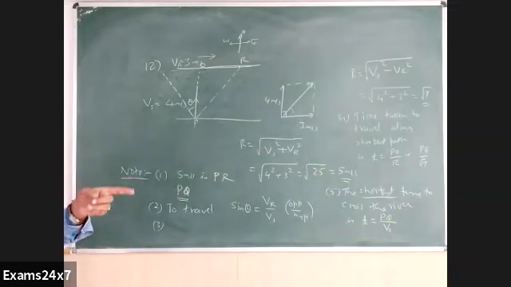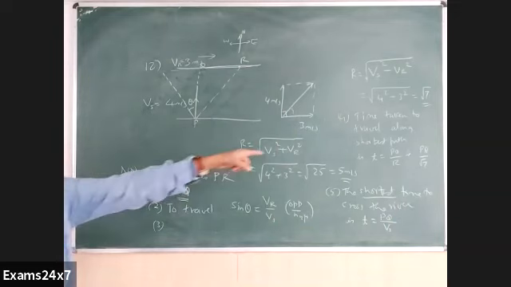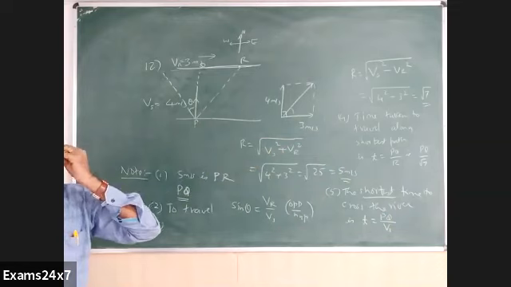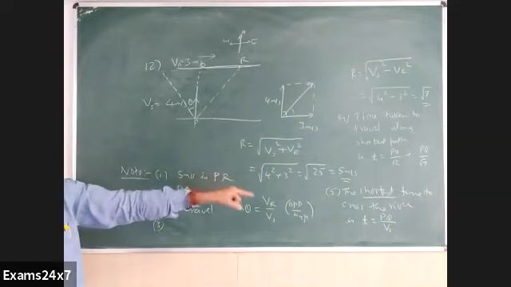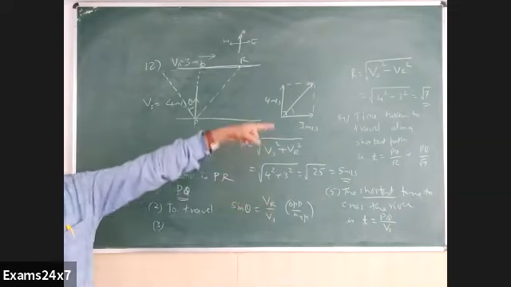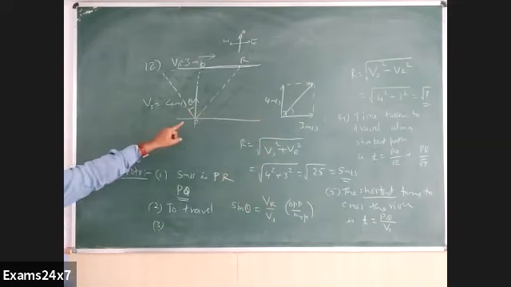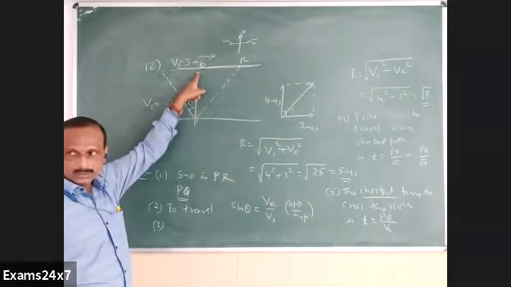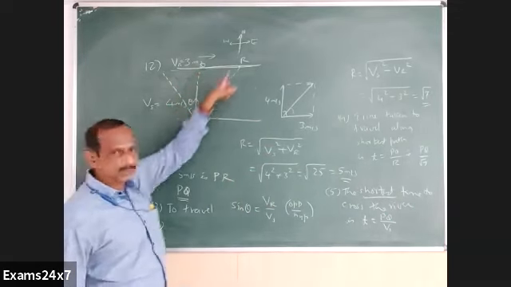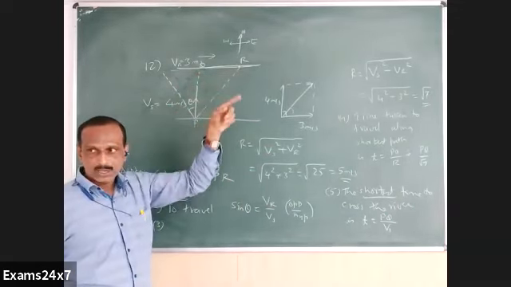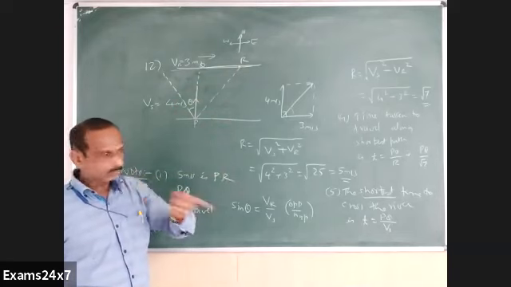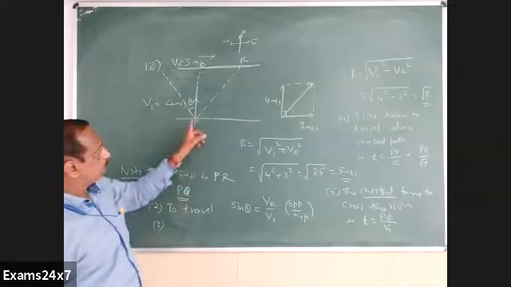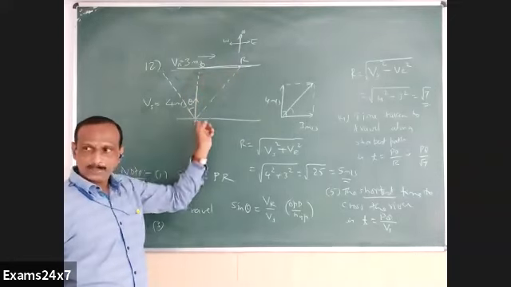You can see the difference here. Vs, that is 4. That is much bigger compared to root 7. Root 7 is 2 point something. This is 4. So automatically the time you get here is much smaller than the time in the previous case. So time when he goes along the shortest path is more than the time when he goes along this path. This is the path along which time is least. Shortest time to cross the river. Although he goes along PR, we take PQ only here.